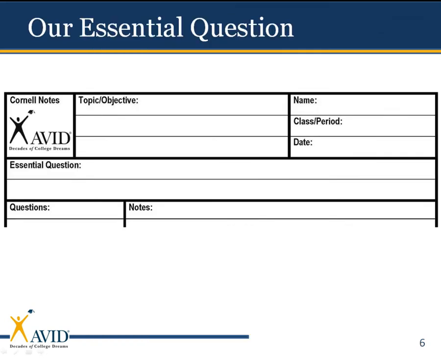So on that Cornell note paper, let's start off with our essential question for this module today. If you'll copy this down in that essential questions section. If you don't have an essential questions section, then you can just write EQ on your top line and copy this sentence down. How can my Cornell notes help me make better grades? If you'll copy that down just how it says it there, that's hopefully what we're going to get answered here in the next 10 minutes or so.